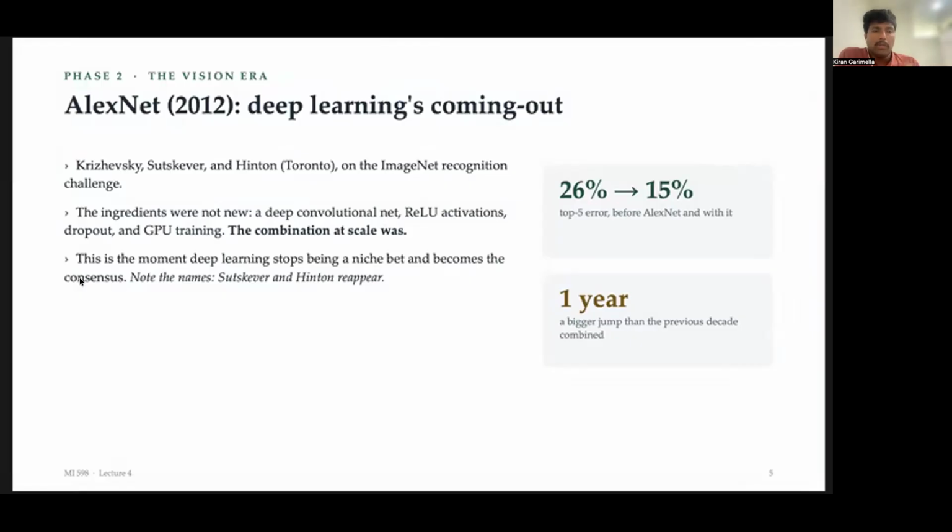And so the people behind this are Alex Krizhevsky, Ilya Sutskever, and Geoffrey Hinton. Sutskever and Hinton are like these godfather figures. So Hinton for sure, he's the Turing Award winner. Sutskever is very, very well known. I think we talked about him last week as well. He's the one who was talking about how the training data is running out now, and things like that. If you want, you can go back and refer to that.